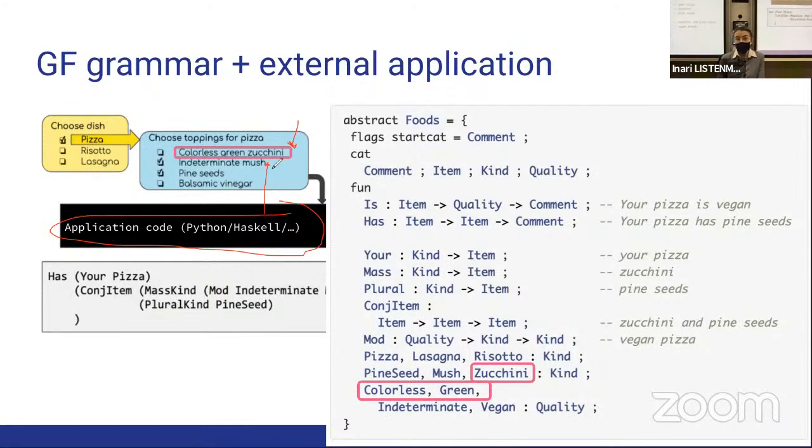And so this grammar is extremely over-generating. It doesn't make any difference, for instance, what is a dish and what is an ingredient. But it's fine for this application, because a lot of the heavy lifting is done in the application code. I'm saying this maybe a bit confusingly, because I just said that we need to do a lot of stuff in the grammar. So just to be clear,